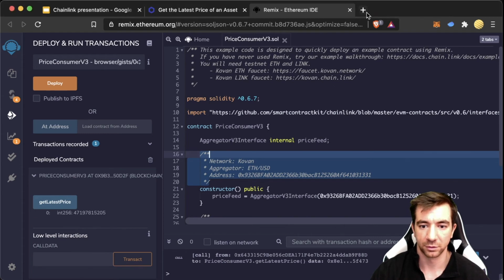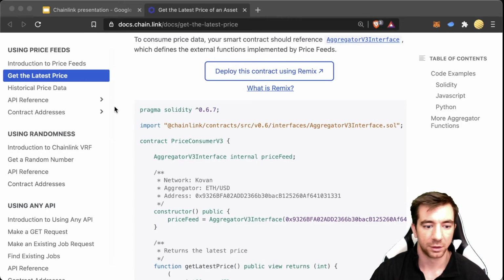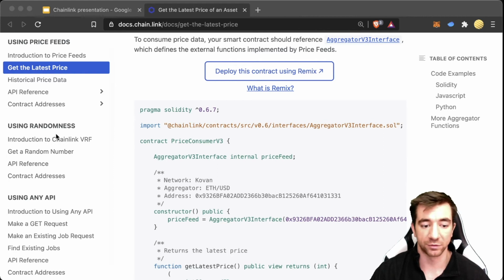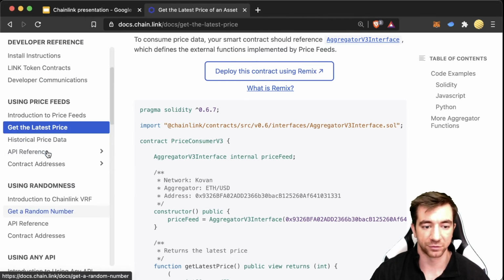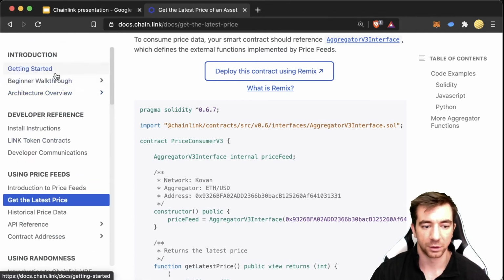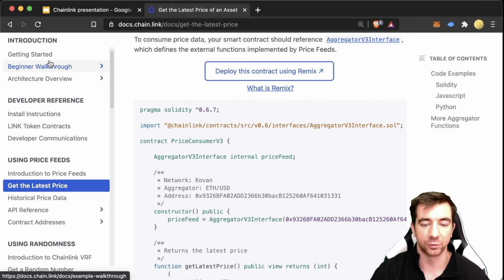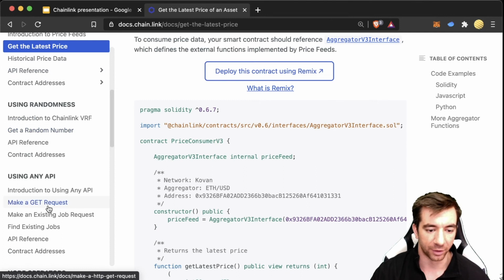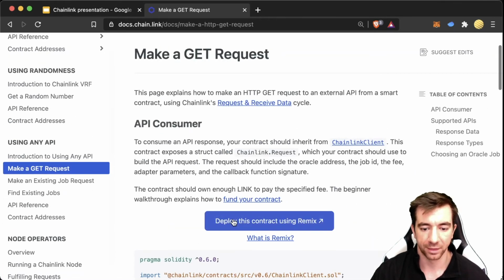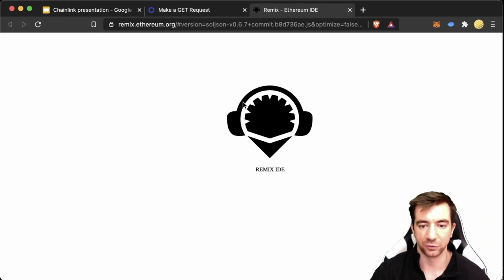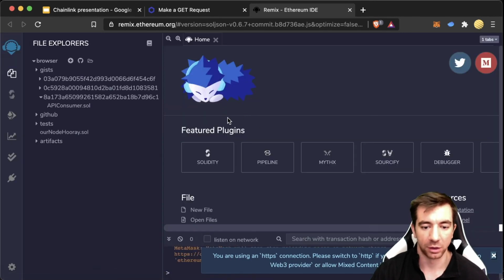Do I really want to leave the site? Yes, I do. So the other bit, randomness, the VRF stuff, is here. If you want to look into a little bit more of the architecture, you can go here. You can learn how to deploy with Truffle, deploy with Hardhat, all the tools that you're familiar with. But I do want to show you this one as well, making a GET request. This is you making any API call, on